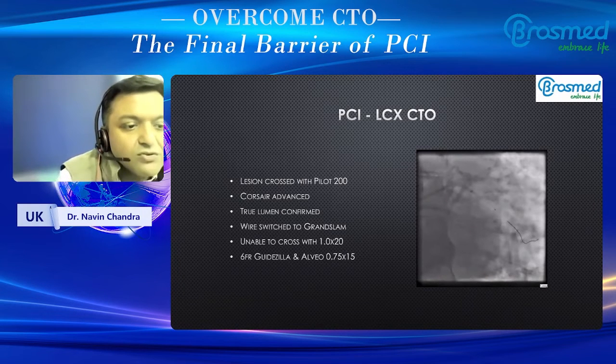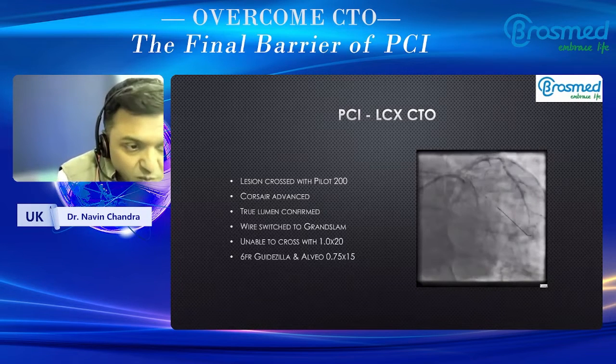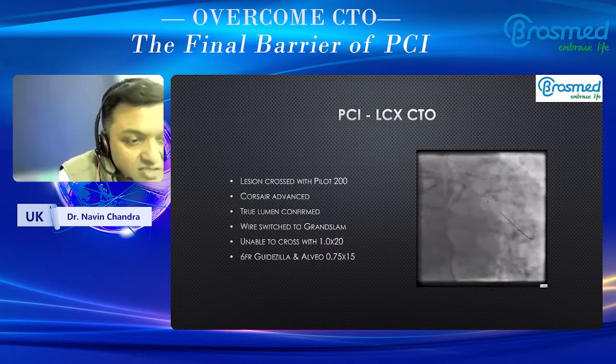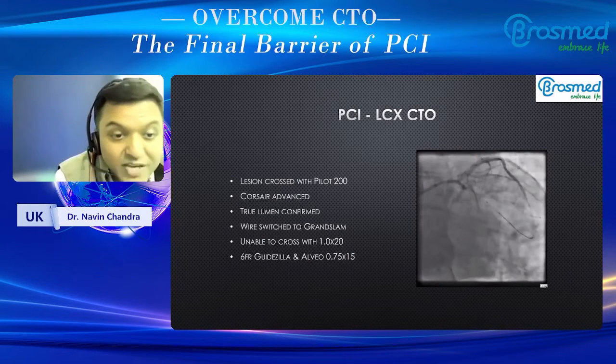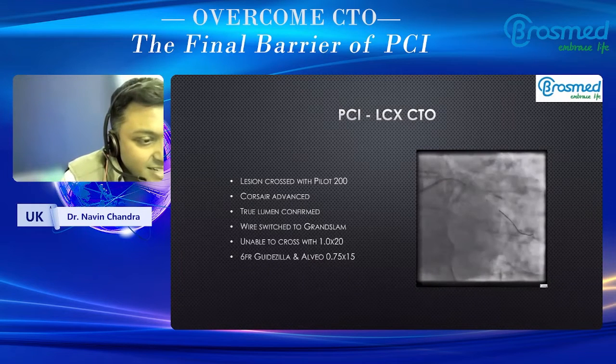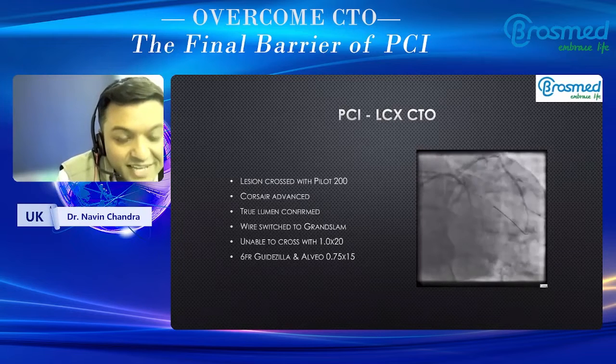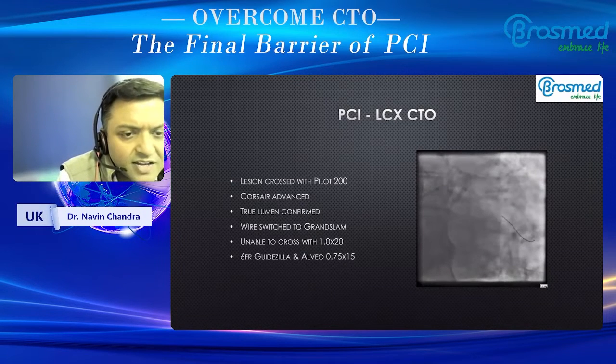And now we switched to a stiffer, more supportive wire, which was a Grand Slam. And we tried crossing with a 1.0 balloon, were unsuccessful. So we upped our support even further by using a 6 French Guidezilla, and then we tried with the Alveo 0.75 by 15 balloon, which you can see here in the video, has crossed the lesion and allowed us to